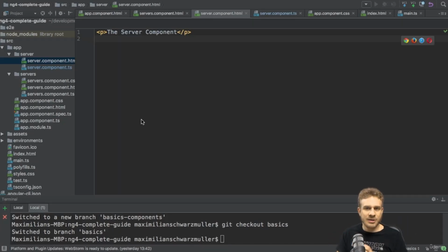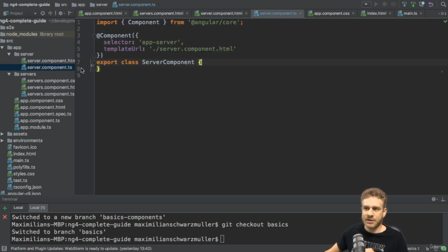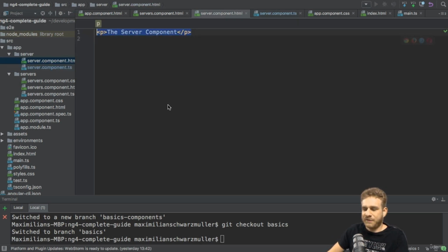Let's start by having a closer look at string interpolation. Here in the server component, I don't want to output this here in the HTML code like this. I don't want to hard code the output here. It would be realistic that our server component contains information about a specific server. So maybe here in the template file, we want to output server with ID and then some dynamic ID here